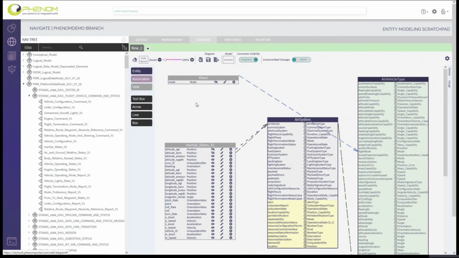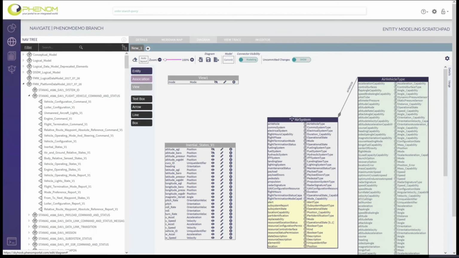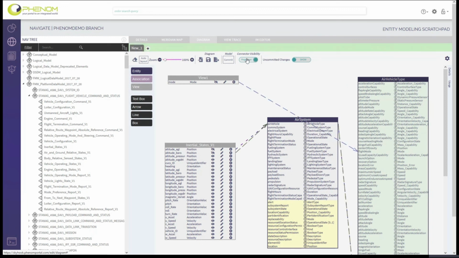Now, once we get into this mode where we're creating our paths, PHENOM automatically changes the mode of the diagram to projection mode. If we want to switch back to modeling mode, we can use this toggle to go back and forth, just like